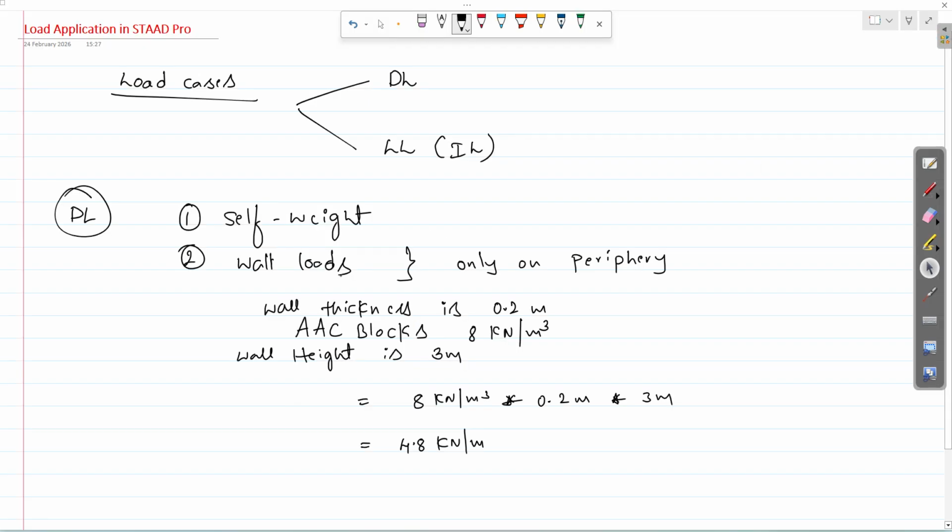So once you completed wall load, next third will be your parapet wall loads. Parapet wall loads. Same, we will be assigning this parapet wall loads only on peripheral beams. So height of parapet wall